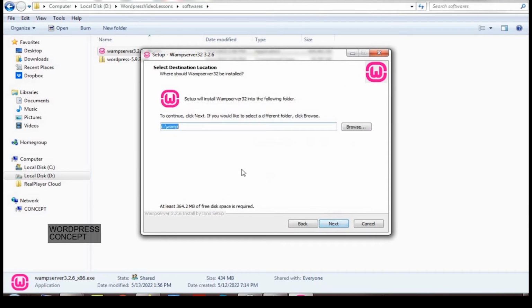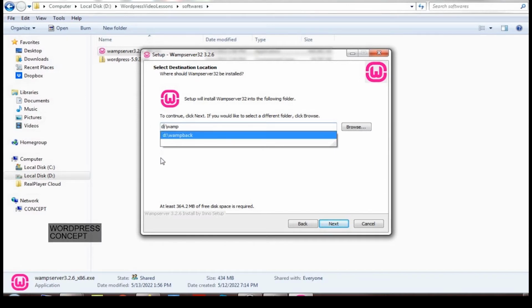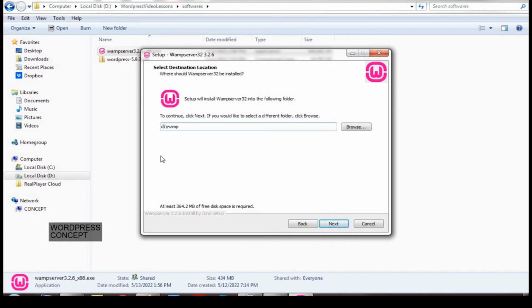Next. Now I will install it in D drive instead of C drive. The purpose of installing it in D drive is that in C drive we already have the Windows files, and a lot of C drive is occupied by Windows original files. So if I install this on the C drive, there are chances that it will run slightly slower as compared to if I install it on D drive, because on D drive I have more space as compared to C drive. So I'll go for D drive. Next,